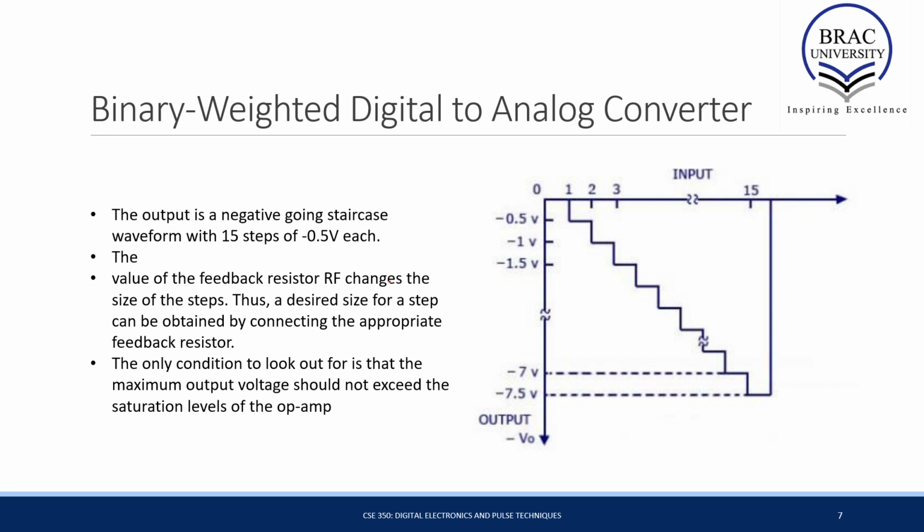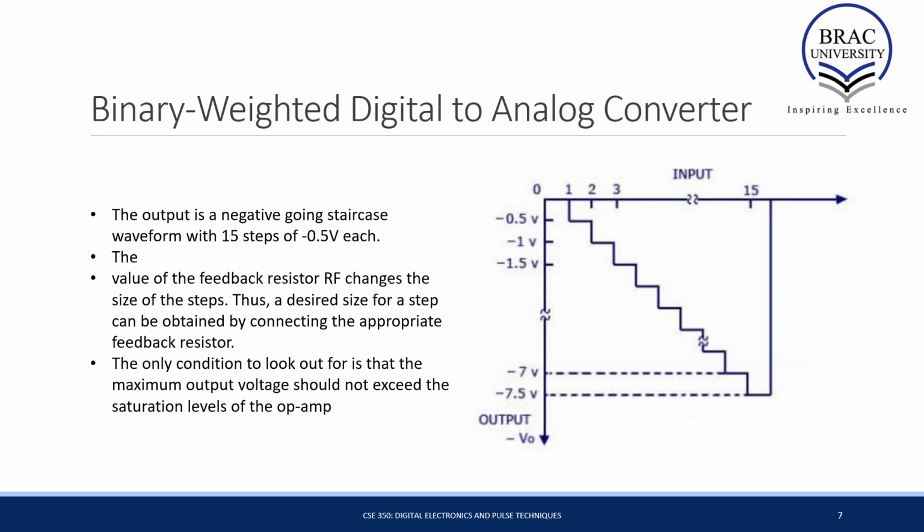In a similar way, we can find the analog voltage level for all 16 possible combinations. Why 16? Because we have 4 inputs and 2 to the power 4 is equal to 16. So we can find the analog voltage level for all 16 possible digital combinations, starting from 0000 to 1111. If we tabulate the values using a graph where the x-axis has the digital inputs, 0000 to 1111, that is 15,